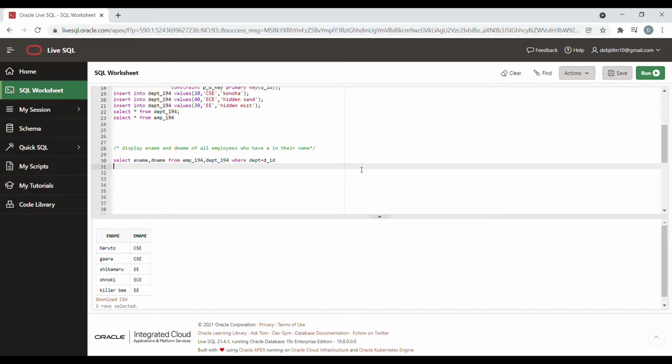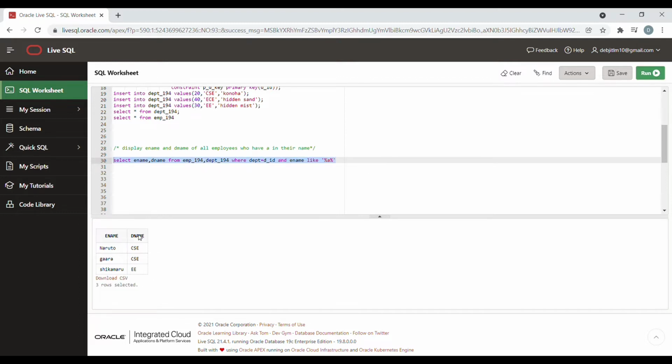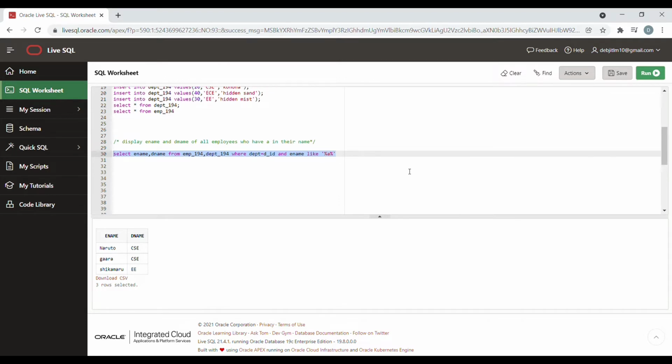So we will use and, then I will write the clause where E name like percentage a percentage. What do you mean by this percentage a percentage? I have already discussed it in our previous video. This percentage a percentage means there is an a inside the name. So I will just write it and run it. See, now we have got the E name and D name from two different tables, and along with them only those values we are getting who have an a in their name.